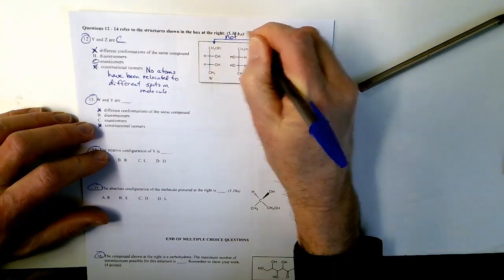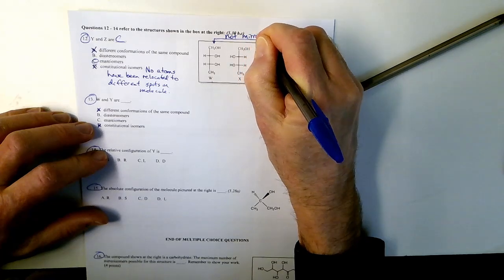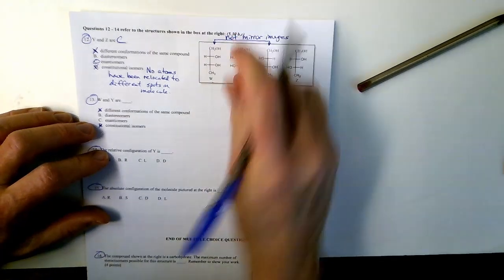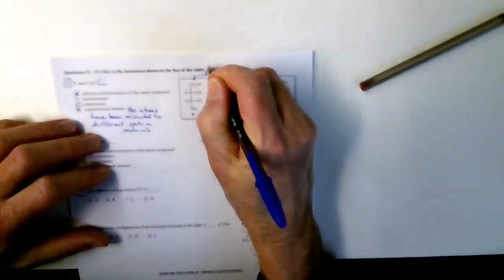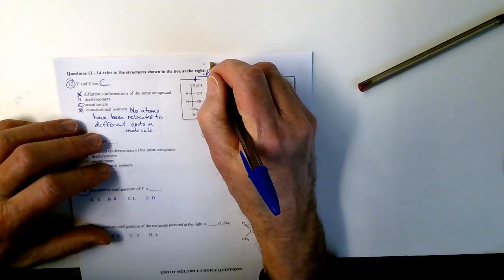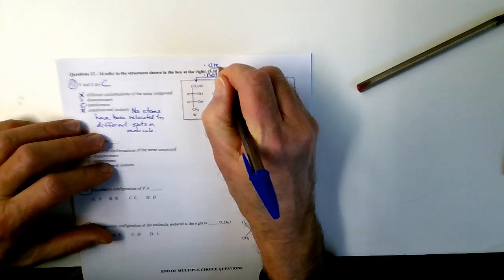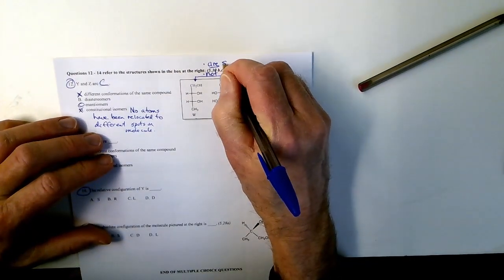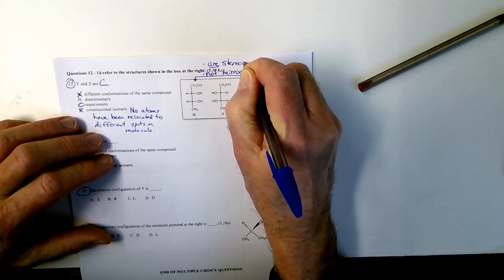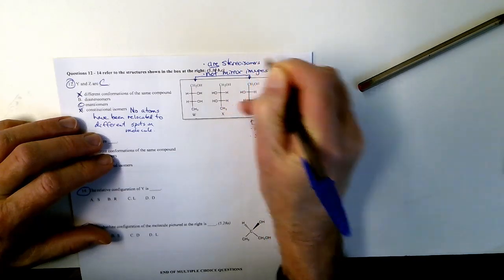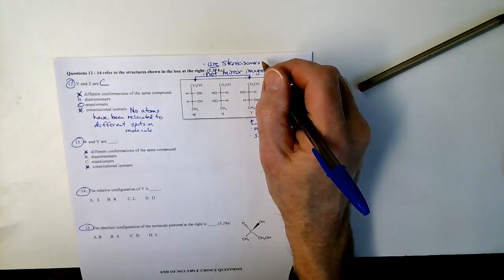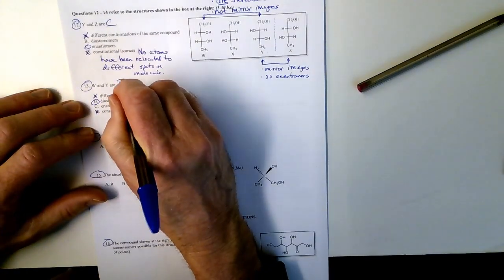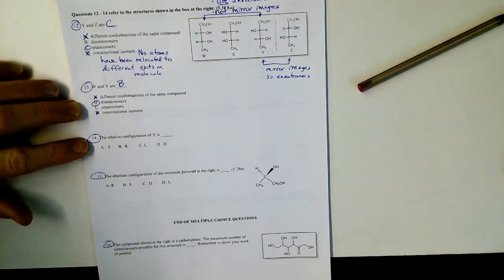So these two, they're not mirror images, but let's even add something ahead of that. Let's say, well, it doesn't matter that they're not mirror images. They definitely are stereoisomers. What kind of stereoisomers? Well, they're not enantiomers, so that just leaves diastereomers. That would be the answer you want for part B.